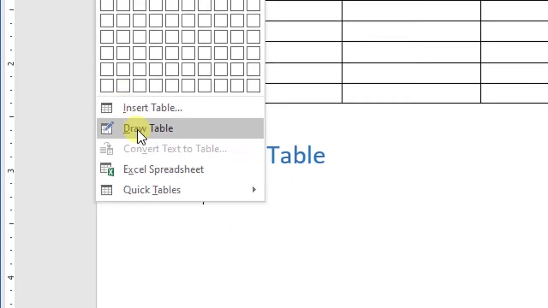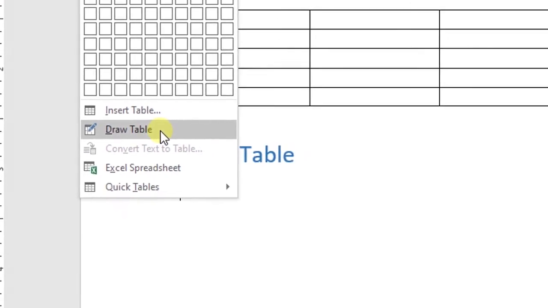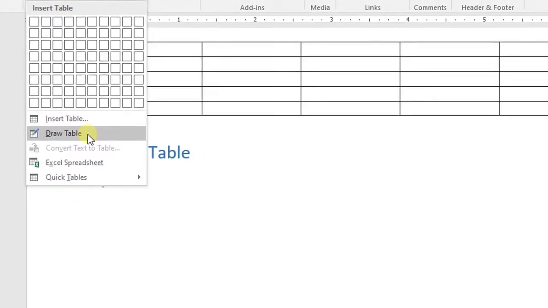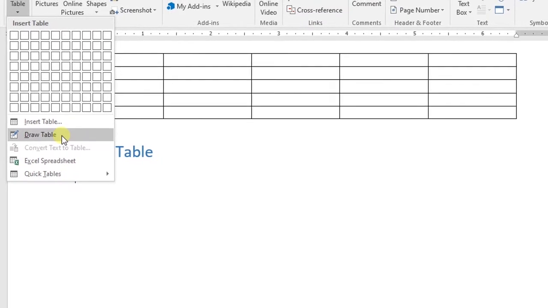From this menu, select the Draw Table option. This will turn the cursor into a pencil, and after that you start to draw a table. You can modify the dimensions of the table at any time. So click this option to draw a table.